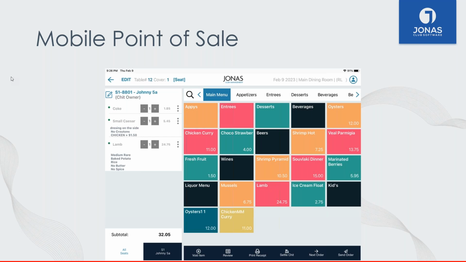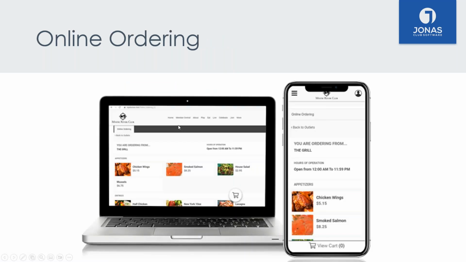Oh, thank you. I think kind of sticking along the same lines of the dining area, but maybe giving members a bit of control over when they want to place an order, or maybe even using it for a retail use case, we can maybe shift over to the online ordering application. This is still a very popular one. It became extremely popular during the shutdown over the pandemic.